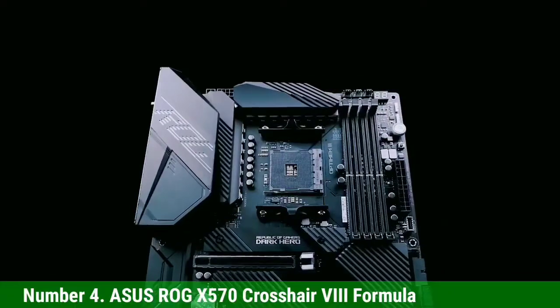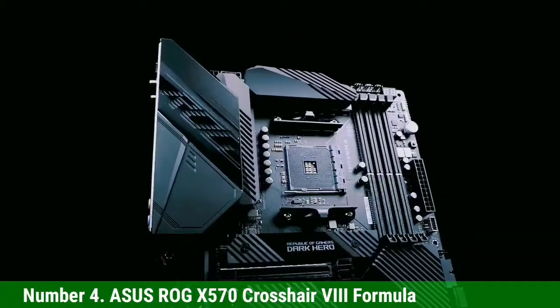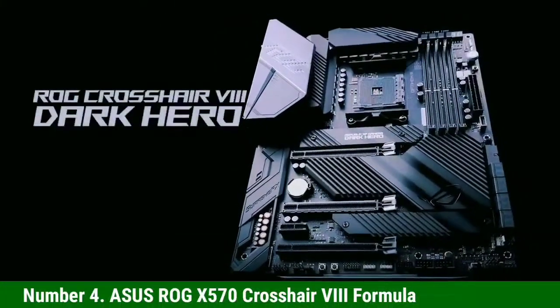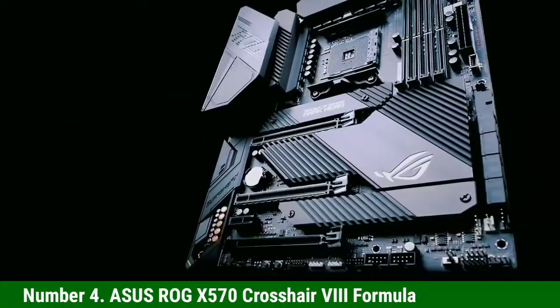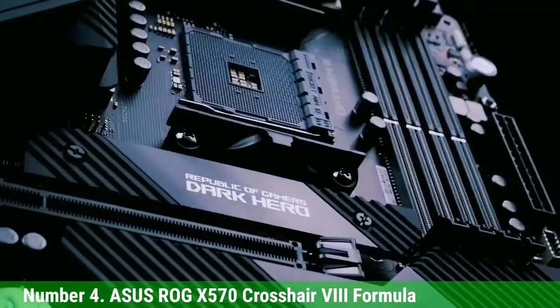It has a solid steel backplate and a tough thermoplastic top cover that keeps your board clean and ensures its durability. You can further improve the aesthetic of your motherboard by using the Aura Sync RGB lighting. The board also features addressable Gen 2 RGB headers and a built-in OLED panel called Live Dash that displays custom